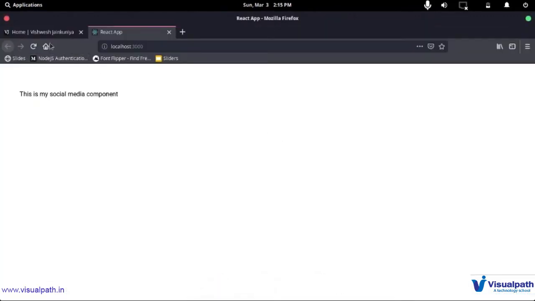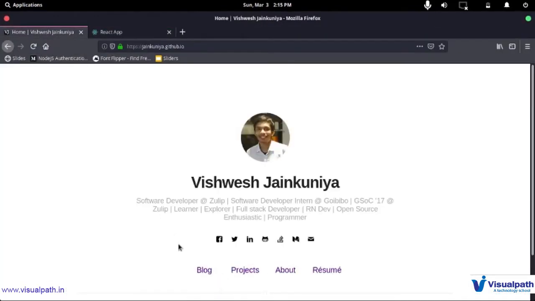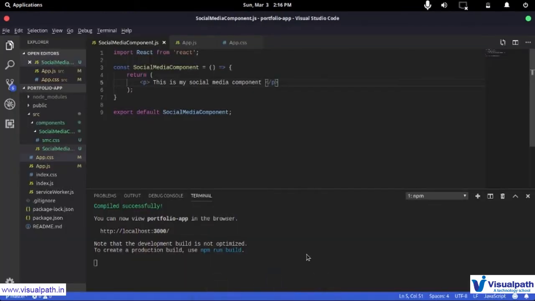So let's go back to Vishwesh's portfolio once, and let's try to analyze how he might have gone about constructing this. If I look at this, I see that this is an image, this is an image, this is an image, and he has like 6 or 7 images. Okay, that sounds good. Now I also see a pattern, and that pattern is that every single image is essentially just a box. So this is a box, then this is a box, then this is a box, and they are placed with a little space between each other.